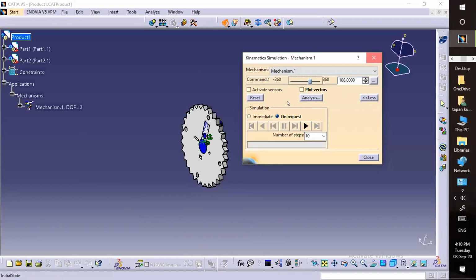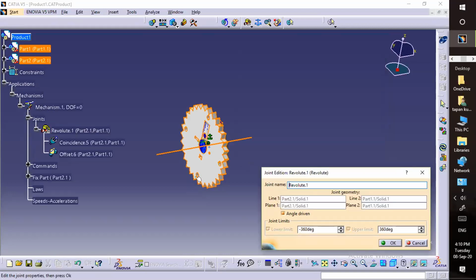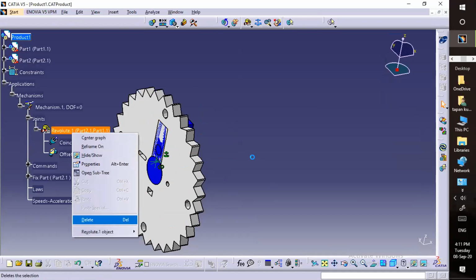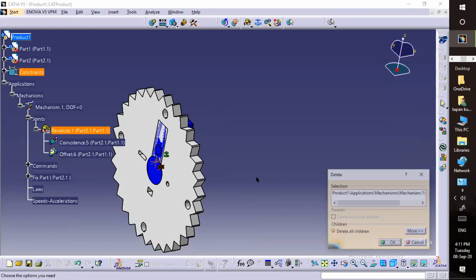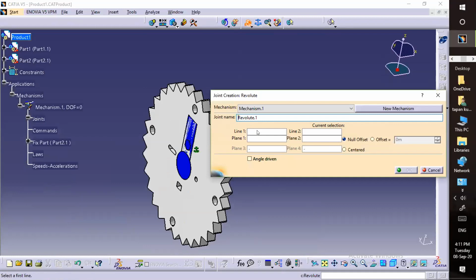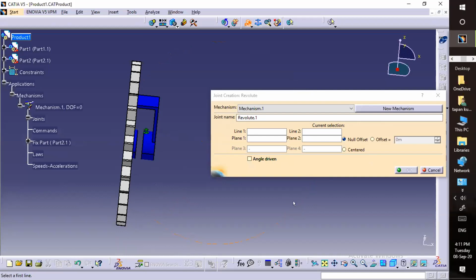Okay, I think there is some rectification I need to do. Go to the revolute joint. Select the line 1.